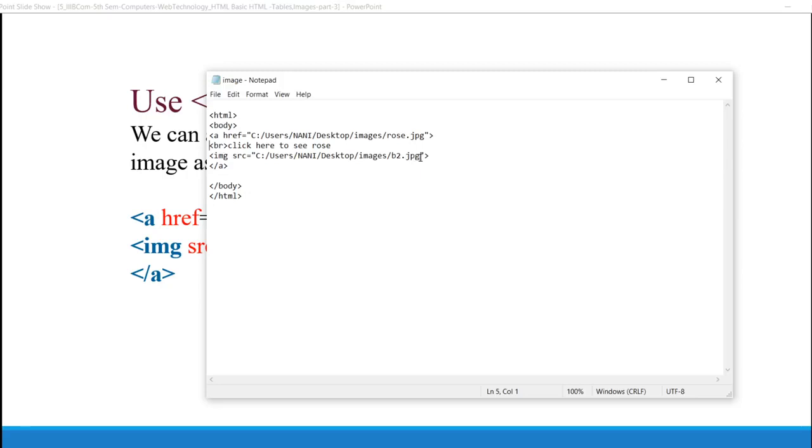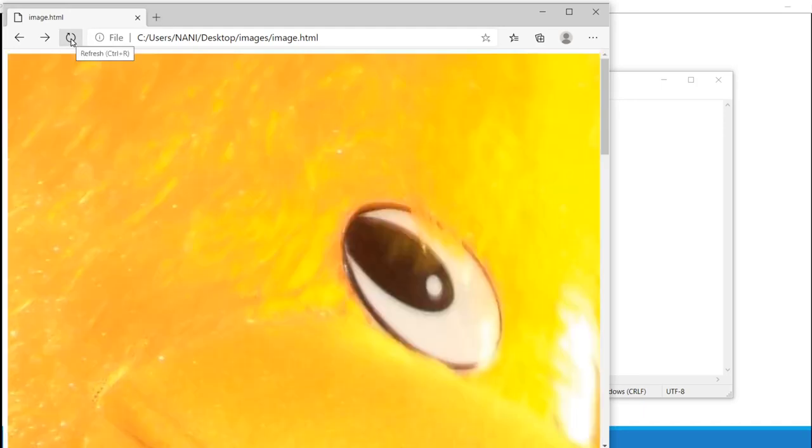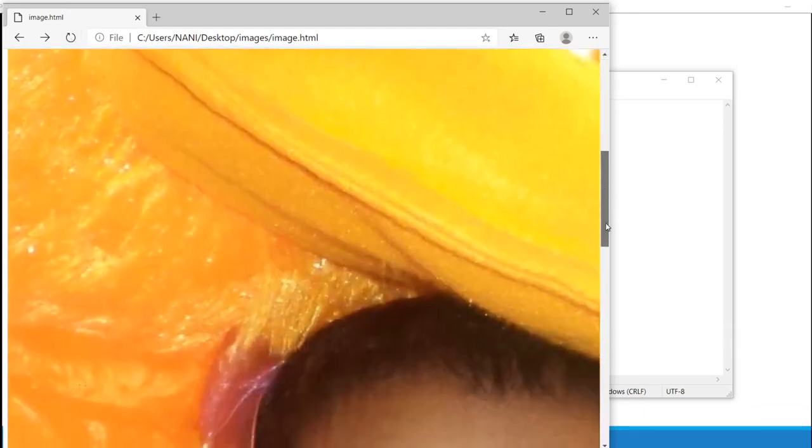Let's consider an example with another. Now I am removing the hyperlink, only the image. I am taking only the image. Save it, run it. Here the image is appearing, but the image is too large.